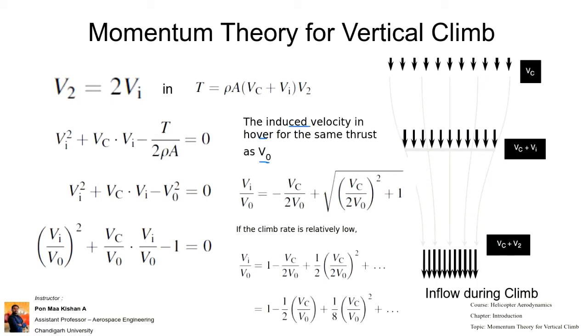When we calculated the momentum theory for induced velocity, we got that V naught is given as T by 2 rho A. So instead of T by 2 rho A, we have substituted V naught square. I will show you the previous hovering condition also, so that you can easily remember that. I will share the hovering condition file. Give me a second, I'm sharing that.